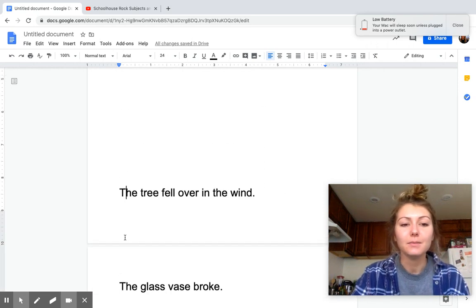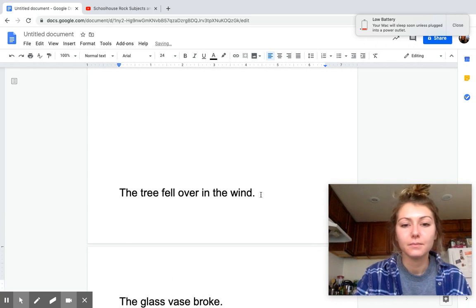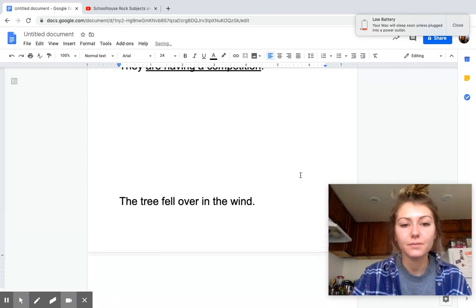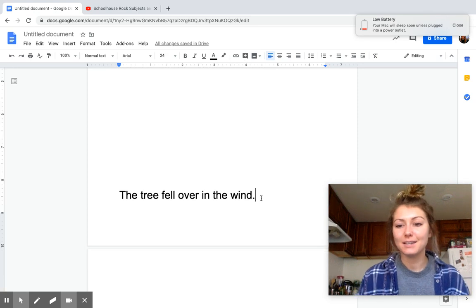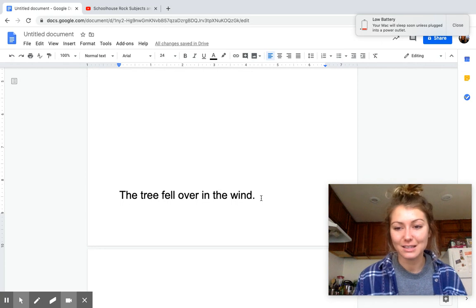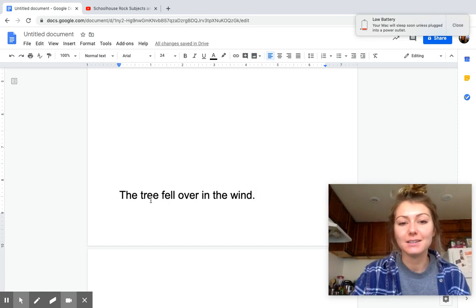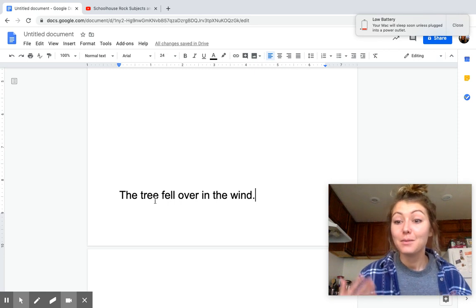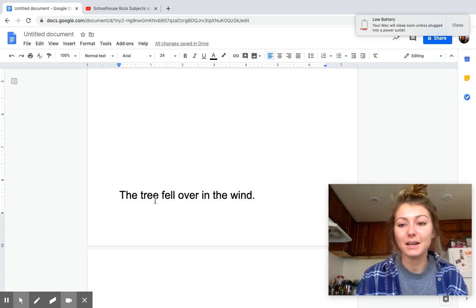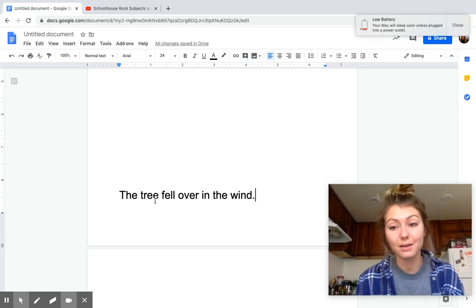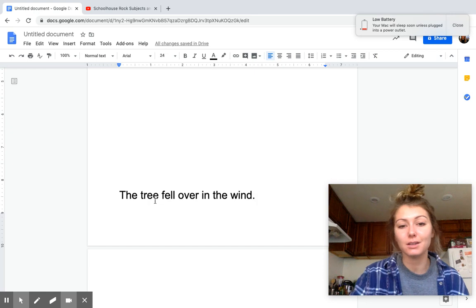Now, sometimes we'll see sentences where people are not the subject, but things are the subject. That's why we say who or what, because sometimes it might be a what, it might be a thing. So in this example here, we see that our subject is the tree. But that's not a person. It can still be the subject of a sentence because it can still do something. There can still be a verb that goes with this noun.